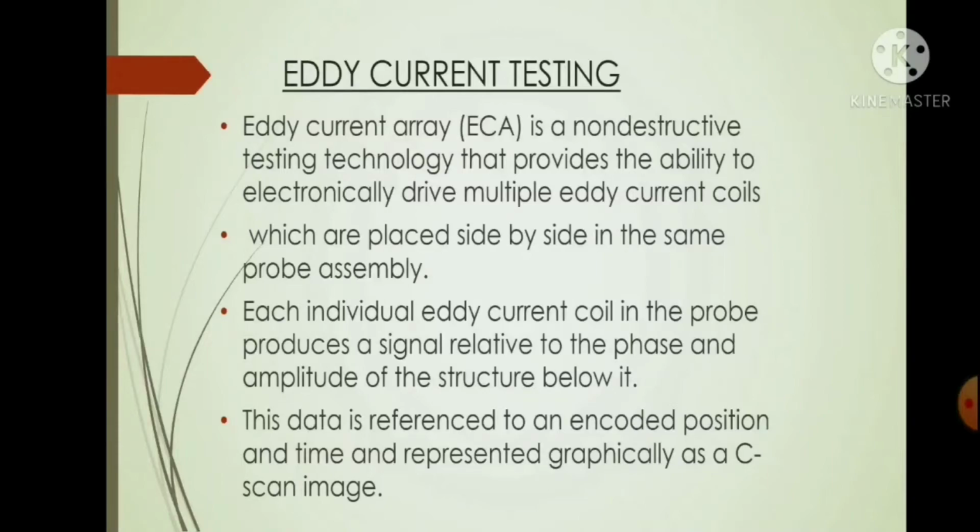Eddy current flow is in closed loops within conductors, in planes perpendicular to the magnetic field. Eddy currents are named so because the currents look like eddies or whirlpools. This data is referenced to encoded position and time and represented graphically as a C-scan image.